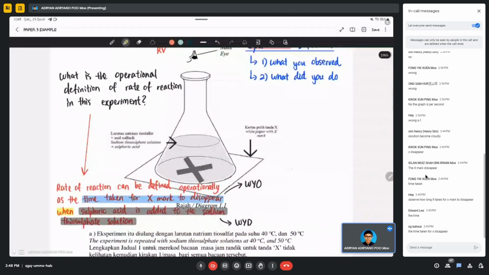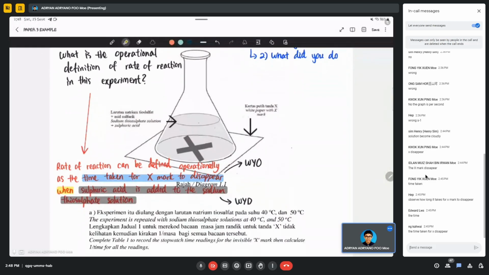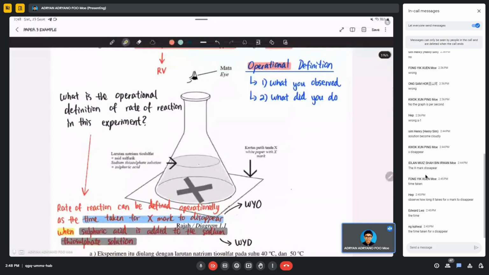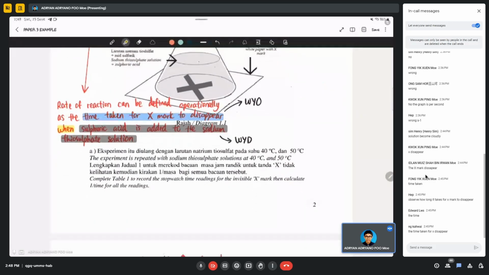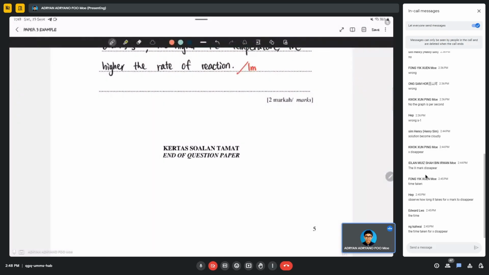Rate of reaction can be defined operationally as the time taken for X mark to disappear when sulfuric acid is added to the sodium thiosulfate solution. That's it. So easy. So remember, for all experiments, if they ask you for an operational definition, you remember two things. What did you observe, what you see or what you smell, and then what did you do, meaning what you did. Okay, I give another example. What is the operational definition